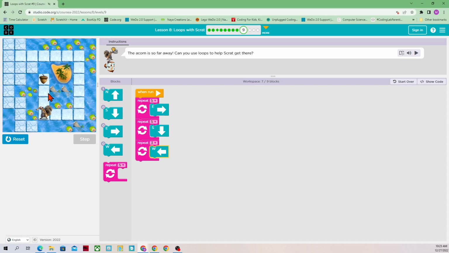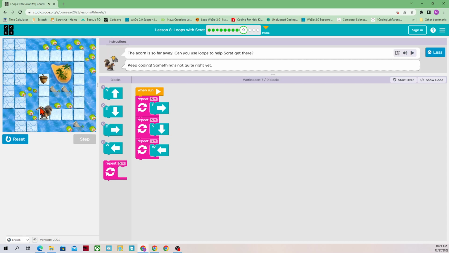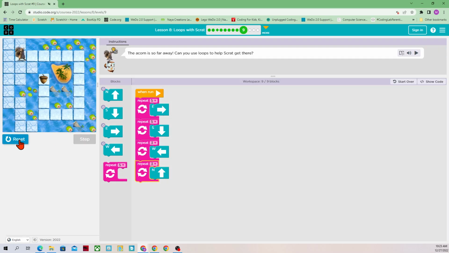Wonderful. And we're here, so we need to go ahead and add one more repeat loop, and it looks like we're going to go up, up, up. So that's doing the same thing over and over and over again, but I only said 3 ups, so I don't need it to have 5 ups. So hopefully this time we can get all the way around the ice,